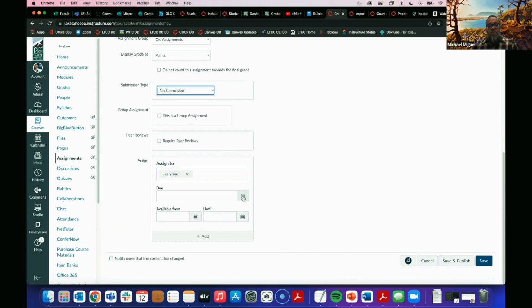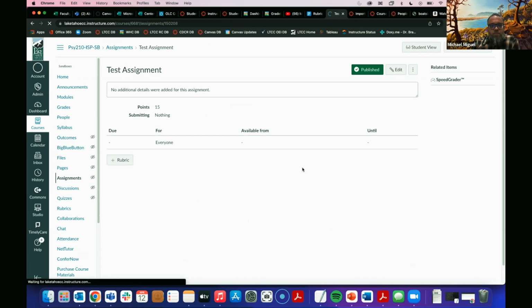If you would like to enter your due dates, which is best practice, enter the due date for that assignment, so students can still see, even though they're not going to turn it in on Canvas, when that due date is. So let's say your class is once a week and a student forgets when you said that assignment is due, they'll be able to just log into Canvas. Oh, it's due on Friday, not this coming Friday, but the following Friday. So that's a good idea, to just add that due date. Then you'll just come down here, click save and publish.